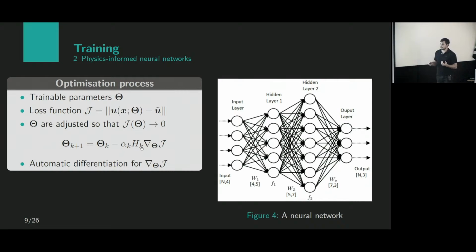If anyone is familiar with neural networks, if you imagine that this matrix here is the identity matrix, so ignore it, and this is a fixed, constant value, this is nothing more than gradient descent or Adam. If this is something more sophisticated, like a Hessian matrix or an approximation of the Hessian matrix of the loss function, and this is again something more sophisticated, some algorithm to find the optimal step, these are more sophisticated optimizers for your neural network.